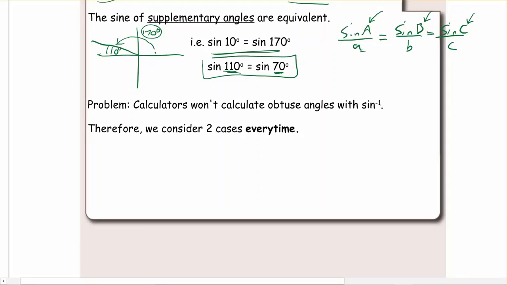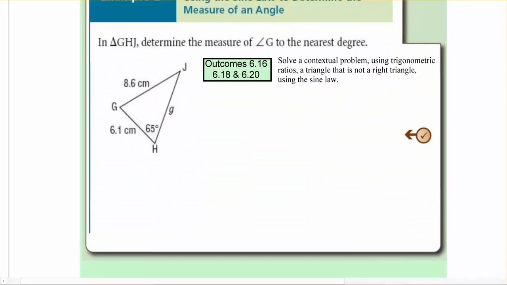Okay. So the problem is, calculators won't give obtuse angles with sine inverse. So in this example, it says in triangle GHJ, determine the measure of angle G to the nearest degree. Here's the problem. If you look at our triangle, we want to make straight lines from one side to the other. So we have an angle there, and we have a side there. So we're good for one of our ratios, right? We can say sine 65 degrees over